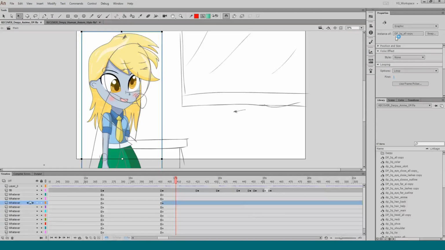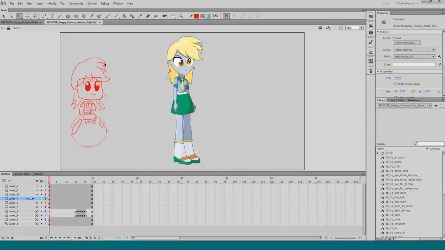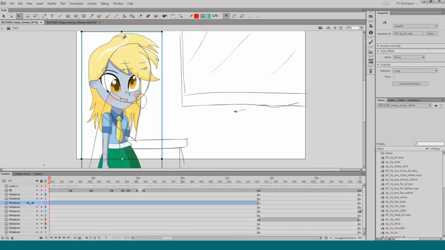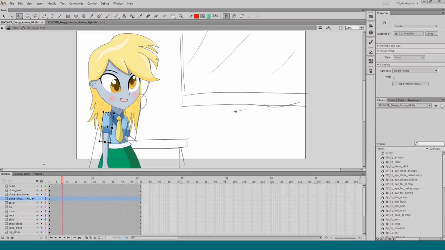This is DP 3/4 all copy. That's a copy because now your animated lines are actually different. So if I edit this one and bring it in, it'll say it's a different one, but it might, like this, just making technical mixture with my stuff.